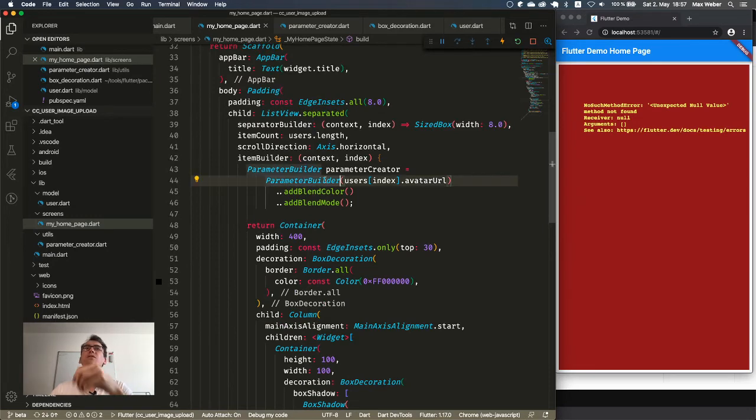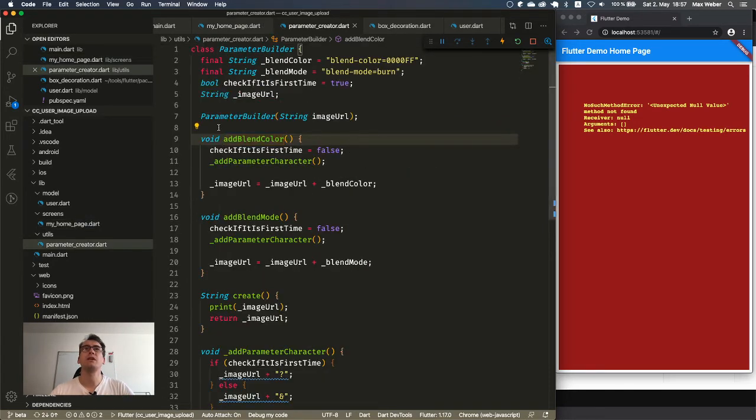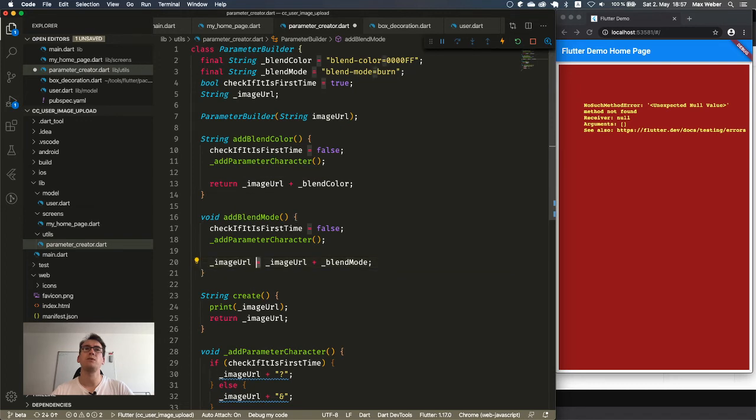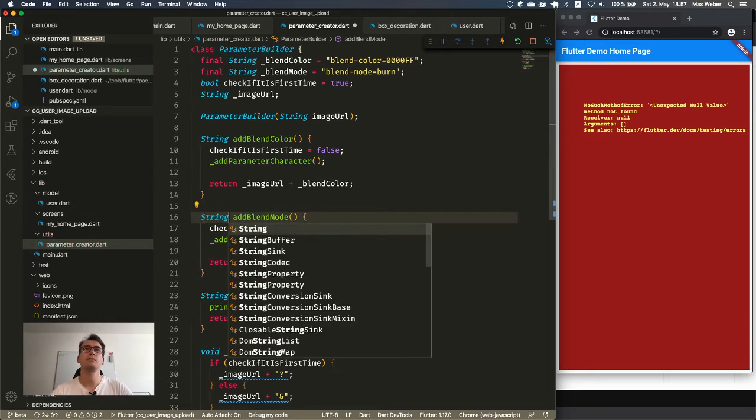I thought this is the way it works, but what I want to try now is to return something here. So for example this, and we do the same for this. And what is that now? Ah yeah, string.